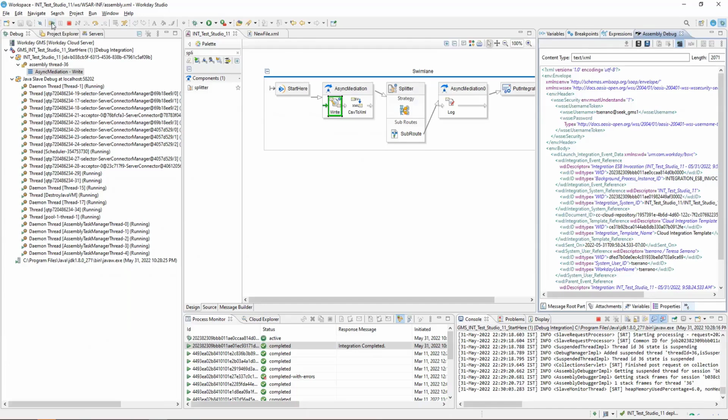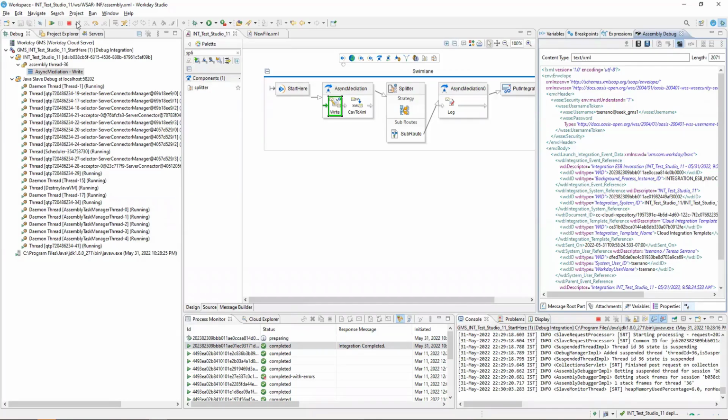On the top, yes, resume. That's one. There is another thing which is step over. So if I click on resume, it will start executing and it will go to the next toggle point and it will stop only at that. If there is no toggle point, it will just run and complete. If you see below here, the integration is waiting. It's saying active and preparing, right? So the integration has now paused at this step.